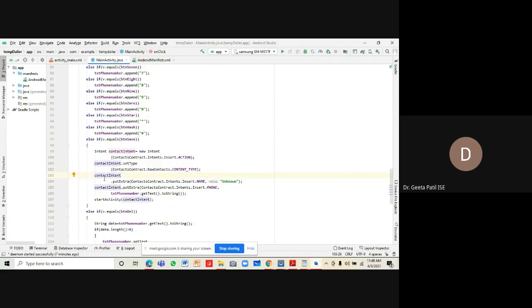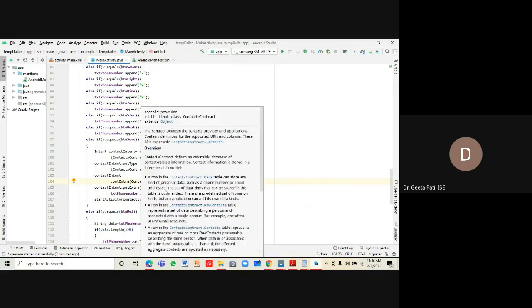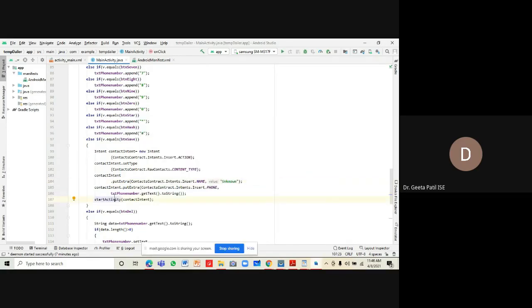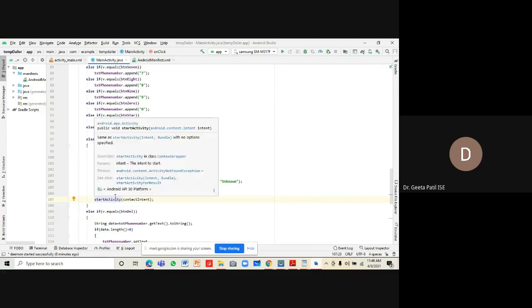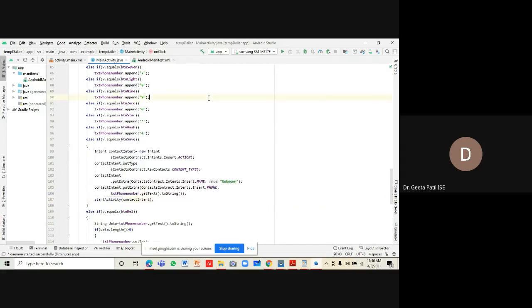Then contactIntent.putExtra. What is it putting? The name field is put as unknown. Let's see how it works. And it is putting the phone number. The name field you should be typing, but we have not written it in our application. We do not have that name field, because when you're dialing we do not require it. So it is put as unknown.